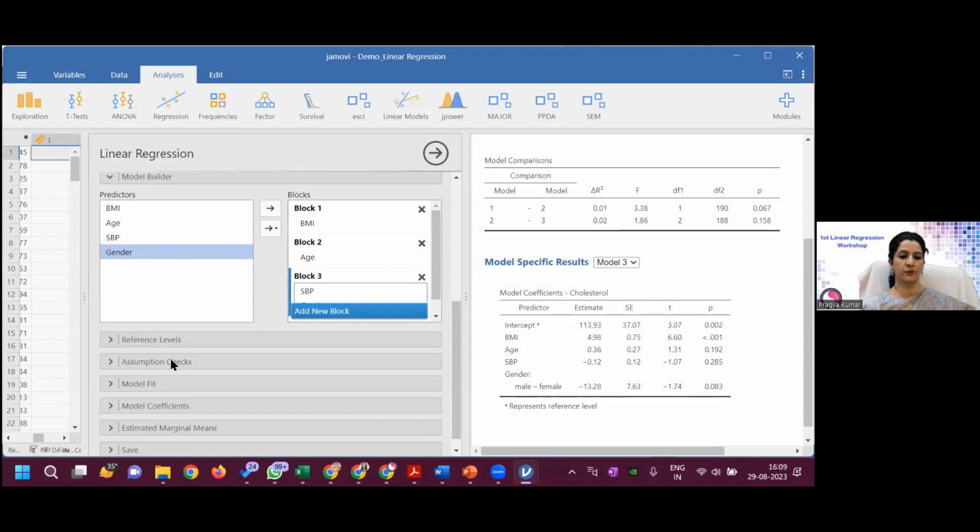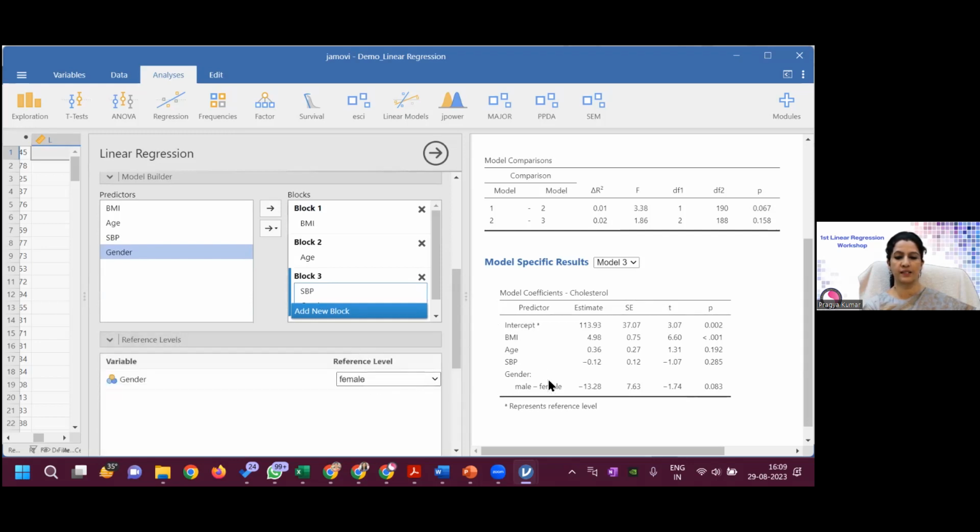So this was regarding the model specific result. Then coming to the reference level, it will show you that in this case, the reference is the female. So you can interpret this estimate: if female is the reference, then in male, the value will always be 13 less as compared to the female, because the sign is minus. So cholesterol level, and again you have to keep the others constant. So how will I interpret it? The male were having 13 units of cholesterol less than the female, keeping all other variables constant like BMI, age